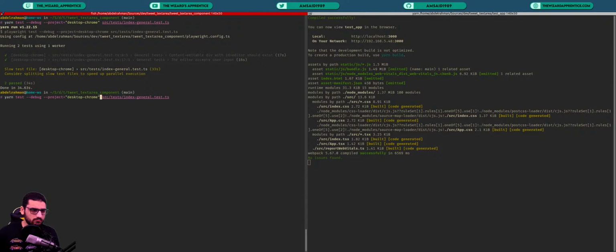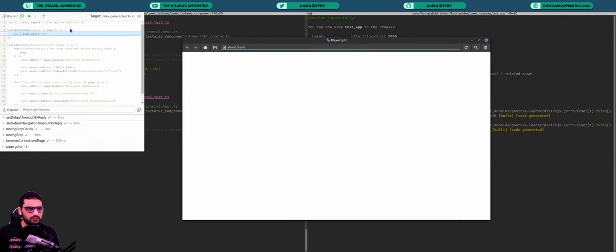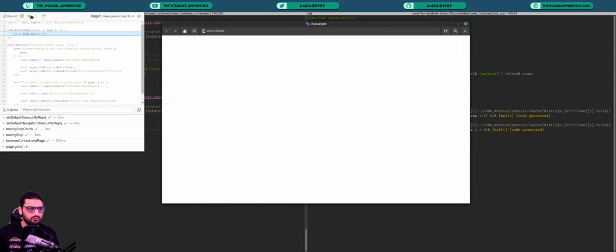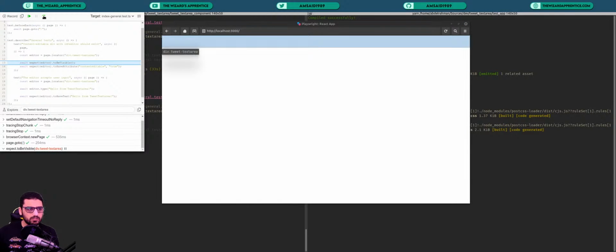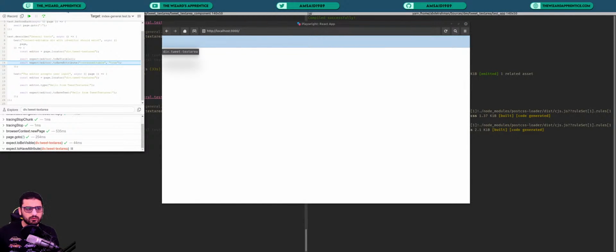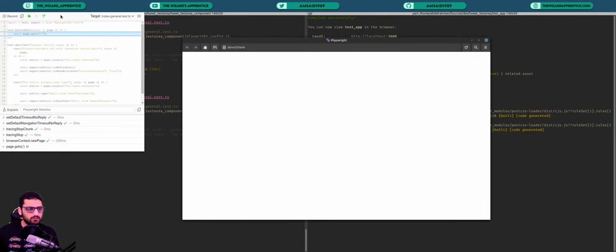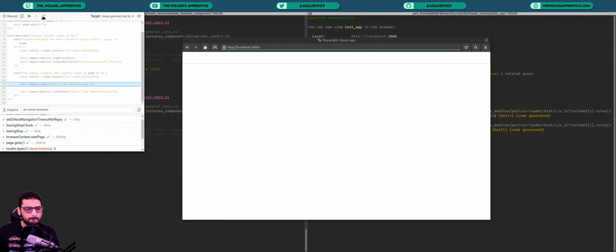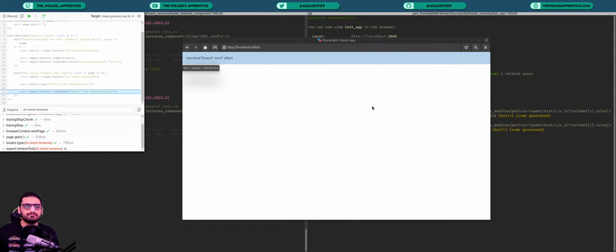However, if we do the same and type desktop WebKit and run this, first one should pass because we're just looking for the component, so it exists, that's fine. As you can see, it passed the first one. But if we come here and if we start typing, basically all hell breaks loose. As you can see, the text is completely flipped,